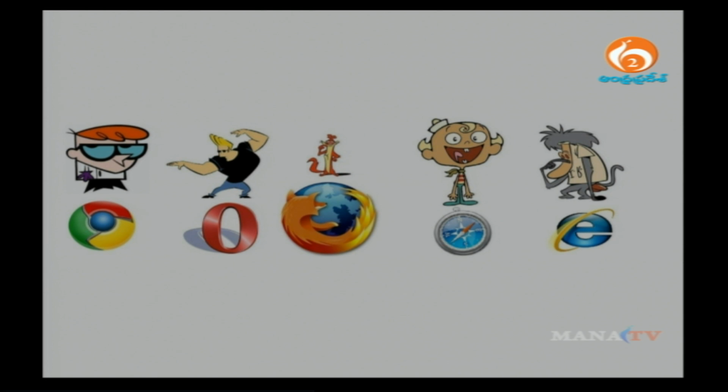Popularity. There is a different popularity for different web browsers: Google Chrome, Opera, Mozilla Firefox, Internet Explorer and the Apple company's Safari. These are the web browsers which have been developed by different companies, but when you look into their particular rating, their particular